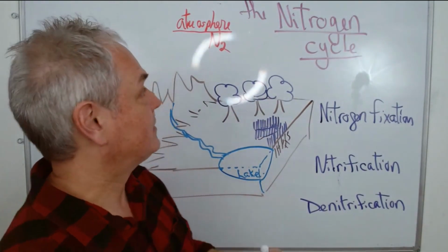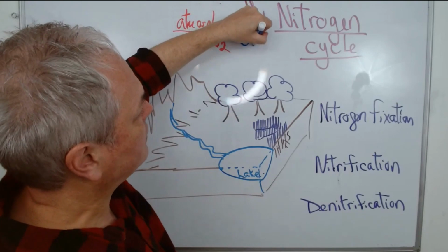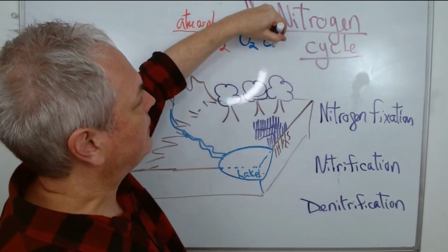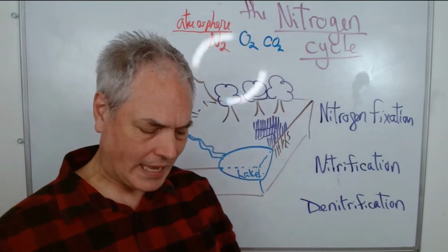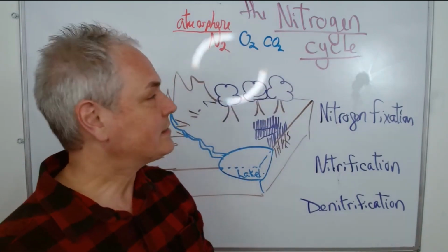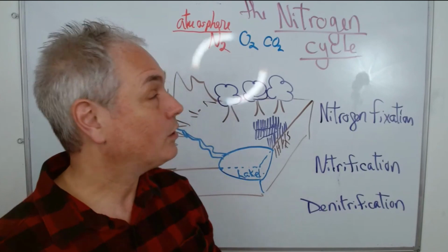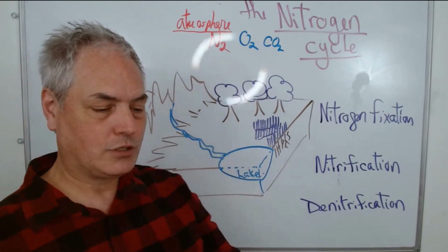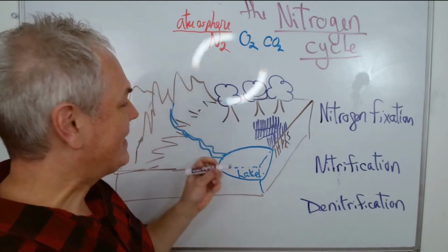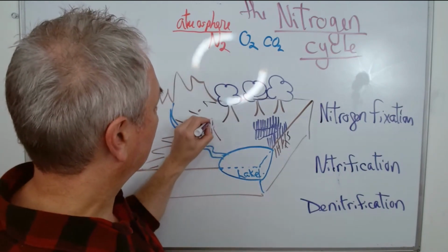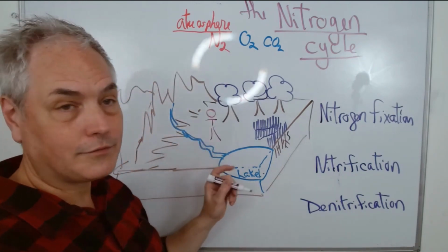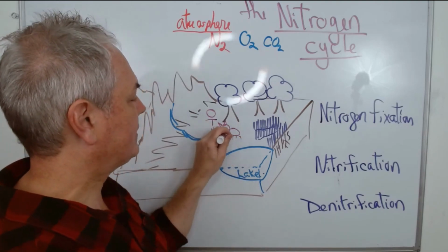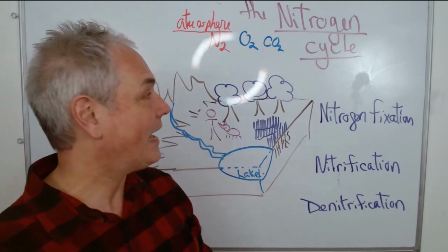Now, there are other gases. For example, we have oxygen that we need when we breathe. There's some carbon dioxide, and there's a few other gases that are also present, and many in very, very small quantity. But here we need to figure out how we can get the nitrogen from the atmosphere into our DNA, which are part of us as humans, and indeed our cats or animals that you may have.